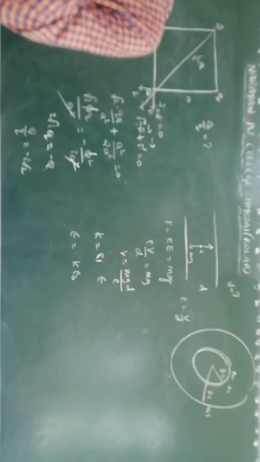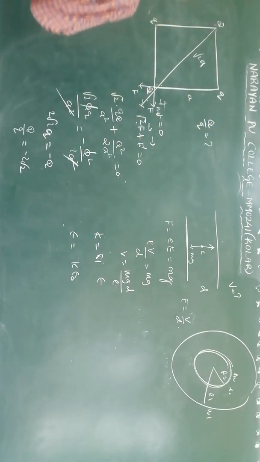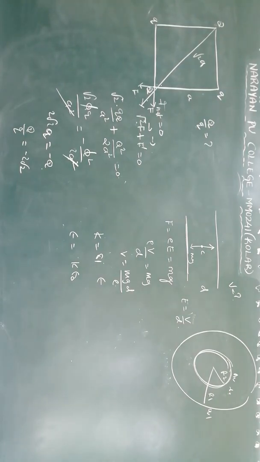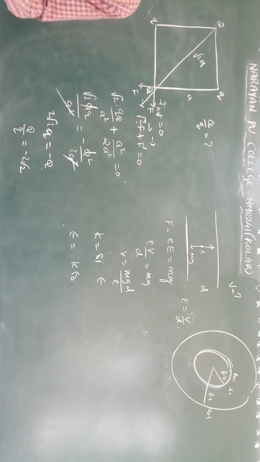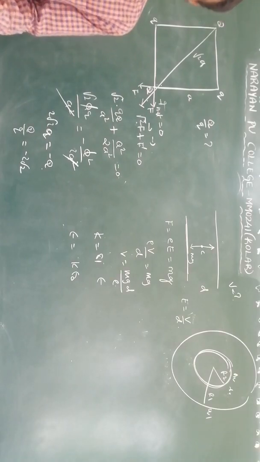Next, 21. 21 is also common; they ask about the lines of force. The line of force property for a conductor is that lines enter perpendicular and leave perpendicular. In which case the lines are entering perpendicular to the sphere, find that out, and then you will probably get option 3.